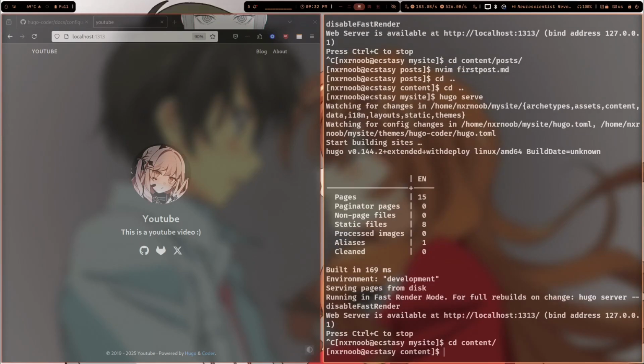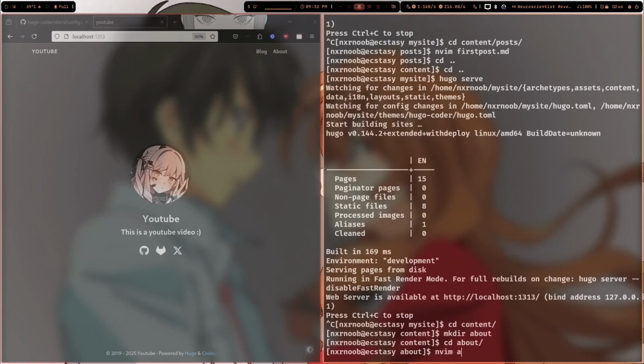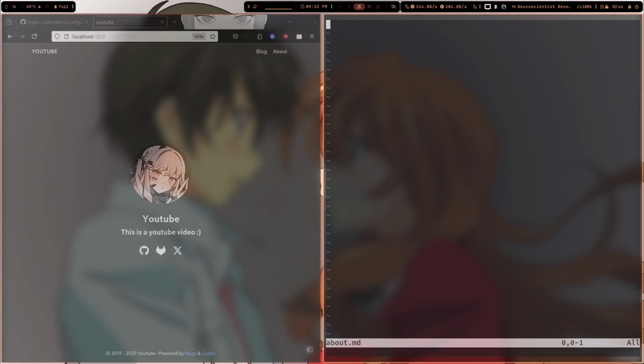So go again to the content folder and make a directory named about, and inside the about folder we are going to create a file named about.md, and we are going to type the same front matter in here and type title equals about, and date equals 2025. I forgot to go into insert mode. Yeah, now we are okay. Let's type 2025 to 26, and we can set this is my about page. Yeah, we can save that too,